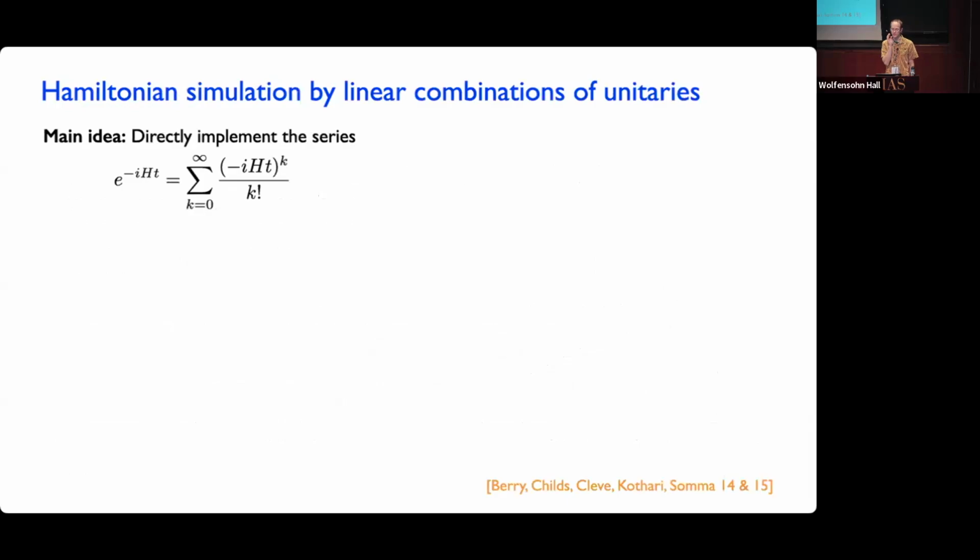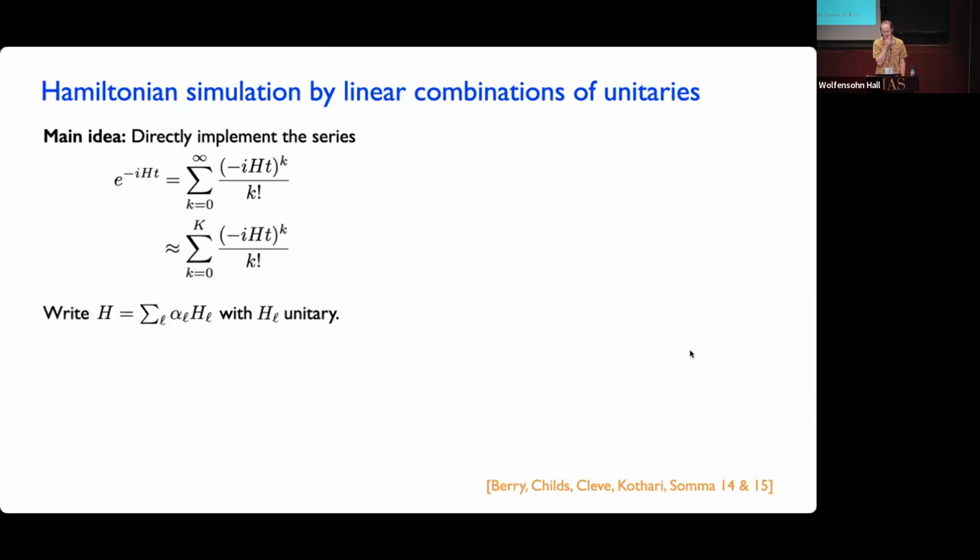Okay, so the way that this was first shown is as follows. The idea is kind of a straightforward thing to think about trying to do, although it's not clear how to actually achieve it. It's also maybe not clear why it would be a good thing to do. But the idea is really just to directly implement the Taylor series of the time evolution operator, truncated to some finite number of terms. So we're going to take the time evolution operator and truncate it to, let's say, capital K terms. And now we're going to decompose the Hamiltonian into a sum of terms. For technical reasons, we're going to do this in a way where the individual terms happen to be unitary operators. You can do that.